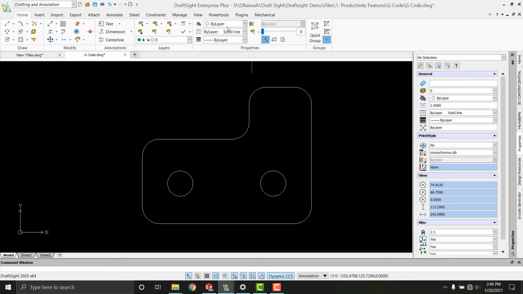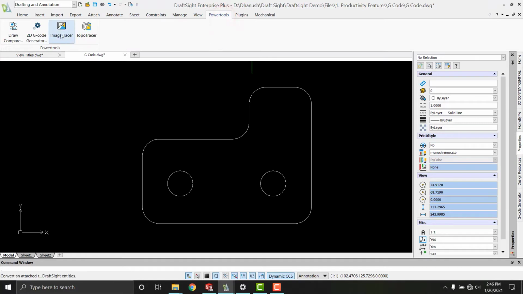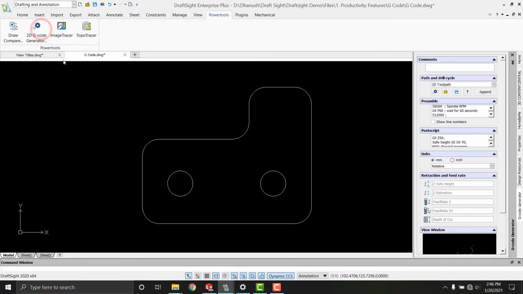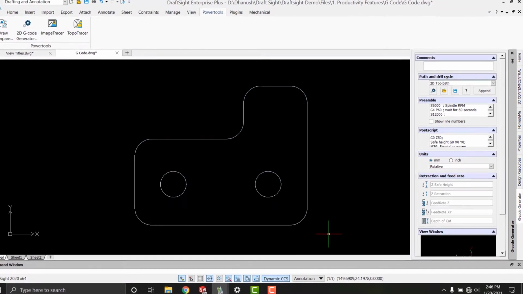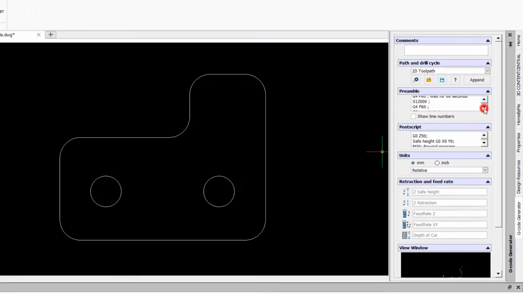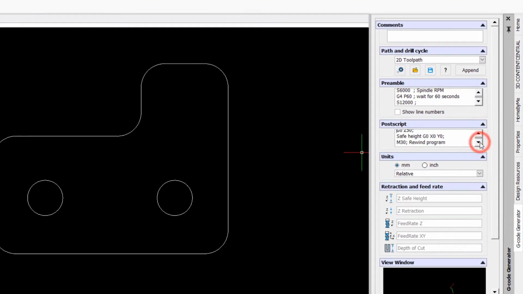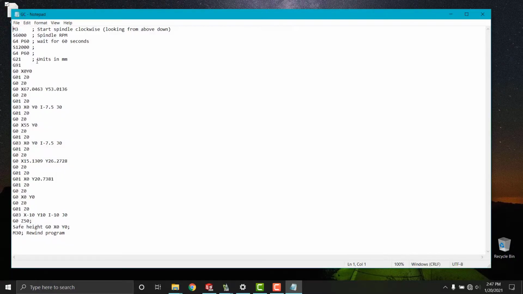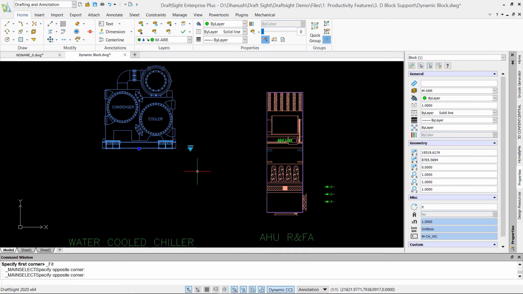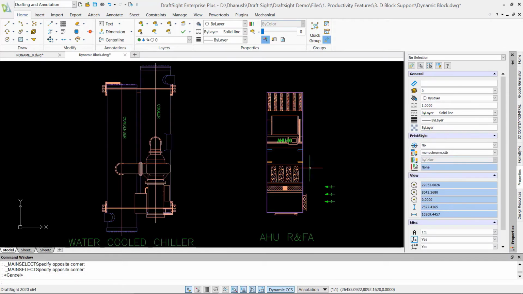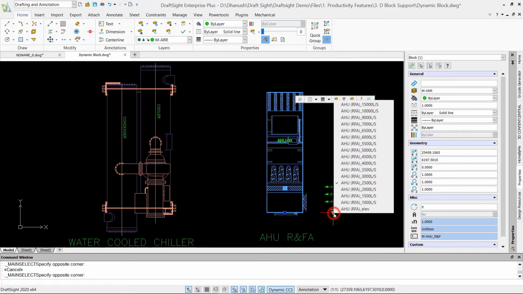G-code generator. The DraftSight G-code generator allows you to convert your drawing data to G-code so that you can send the data to a CNC machine for manufacturing. The DraftSight G-code generator can process lines, curves, and arcs. Dynamic blocks. DraftSight now supports imported dynamic blocks to represent movable segments in a block with different variations.